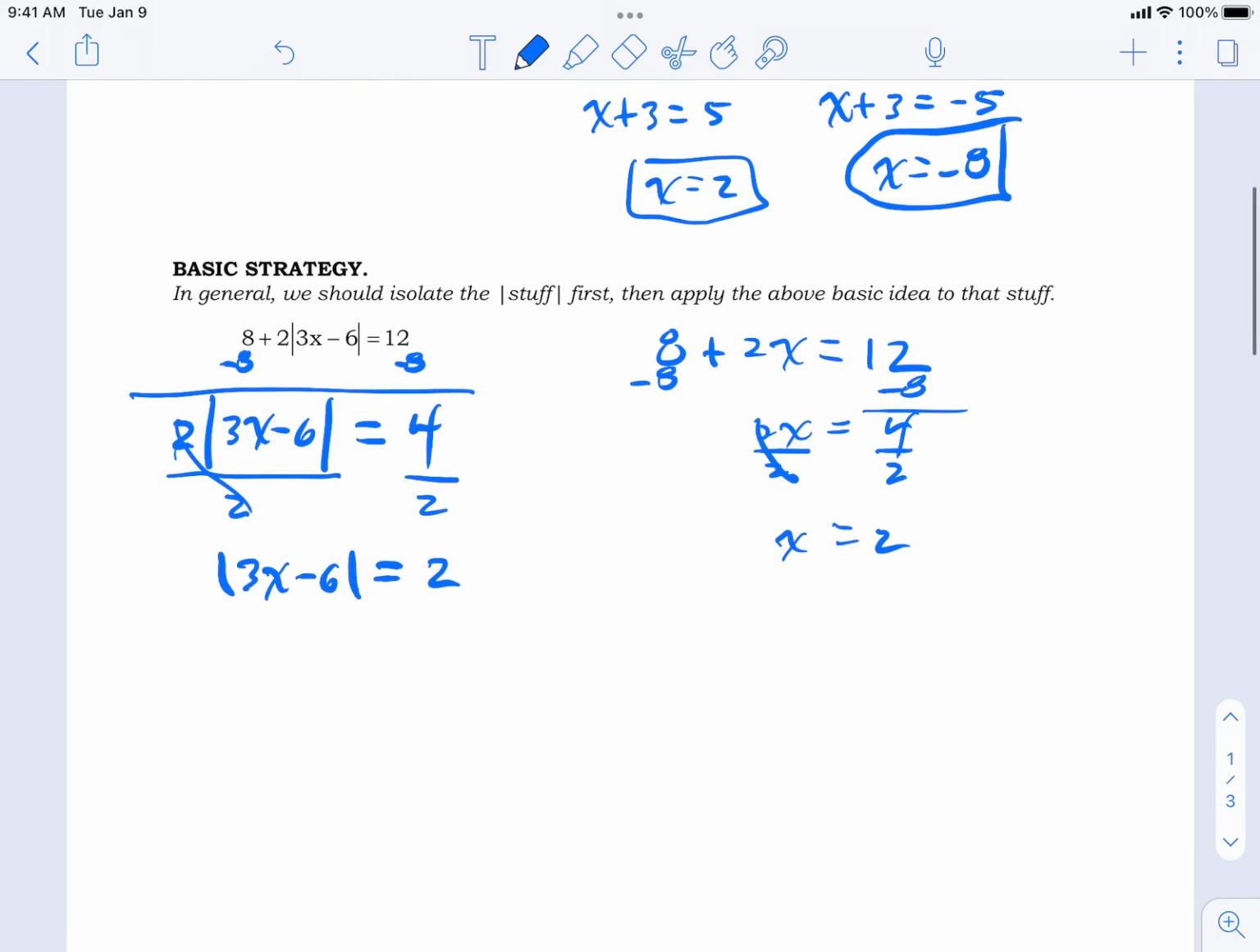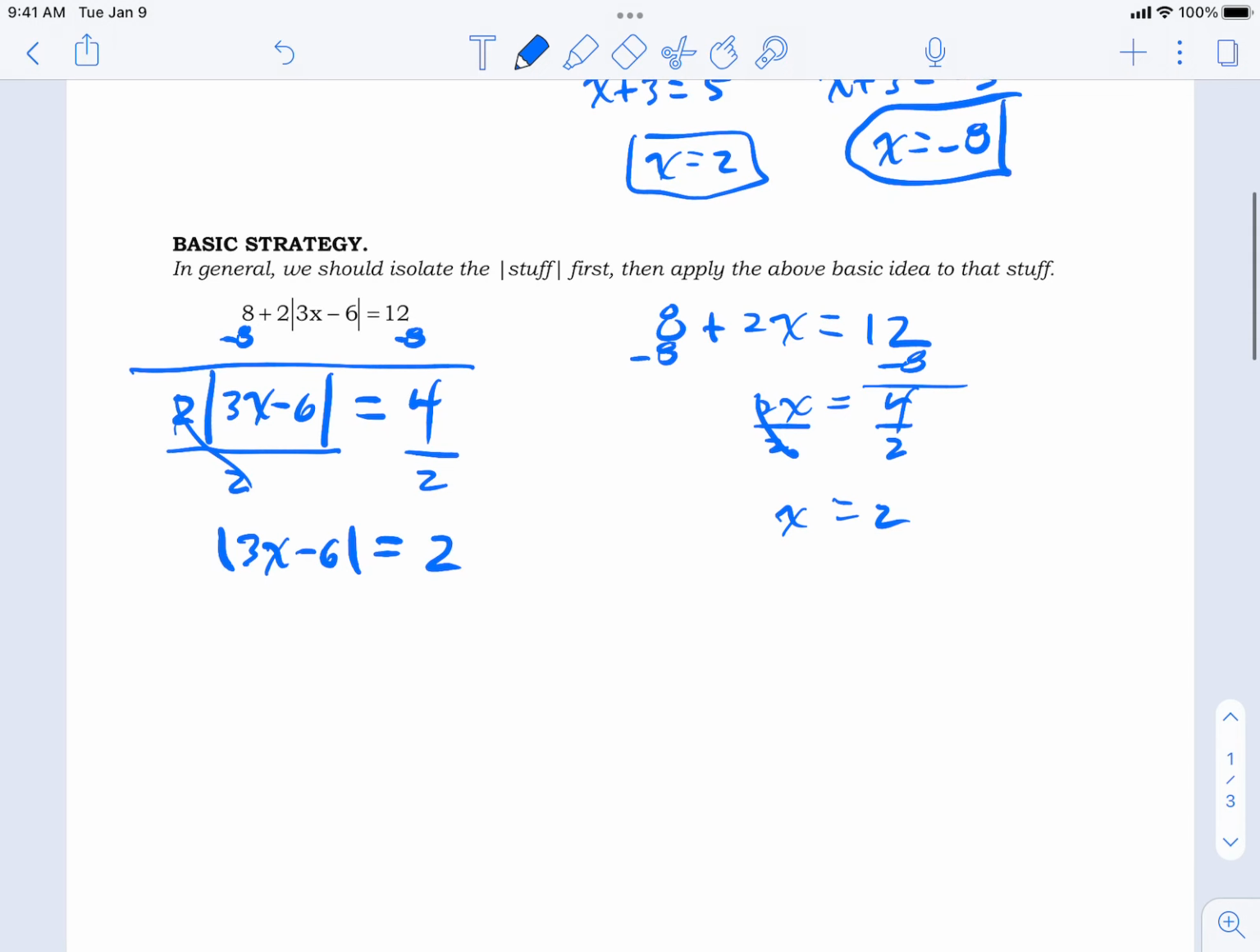See, that's the thing. That's what you want to do first. Isolate the absolute value of the stuff. Do that first. Okay. Then we apply the logic, the basic idea that before we stripped the sign off, this thing